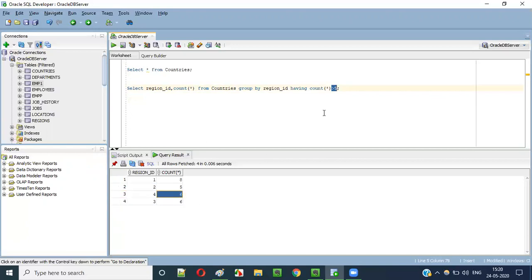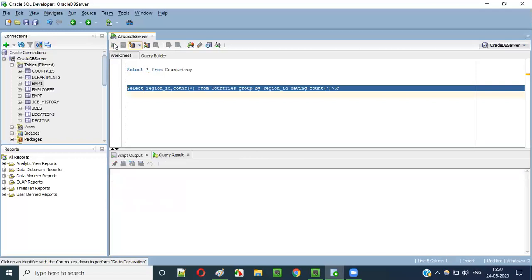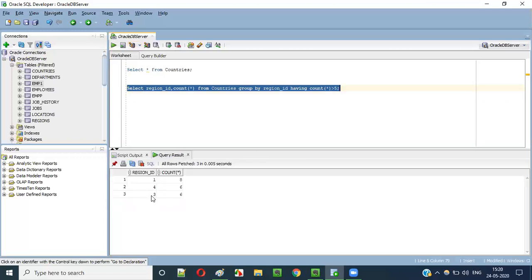The remaining ones are more than 5. Here count is 6, which is greater than 5. Here count is 6, greater than 5. Here count is 8, greater than 5. So all the remaining 3 records, except this second record, which has the group by region count as 5, this condition is failing there. Count of star should be greater than 5, and here count of star is not greater than 5. Only 3 records we are going to get, guys. Run this. You will get only 3 records. You see, 2 is not there. 1, 3, 4 are coming, with 8, 6, 6. But you are not getting the record having the count as 5.